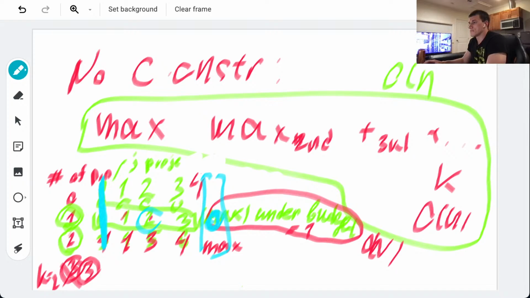Let's see. Selected project 1 and selected project 2. We branch, yes. But then, ooh, so we return max, it returns here, and then it compares max p to this guy, and then tries one more time.